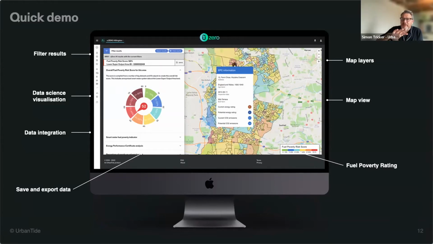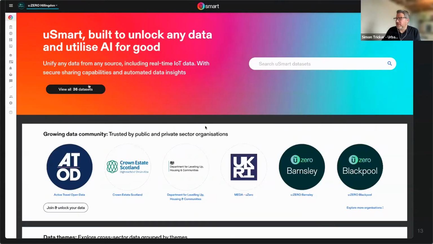linked a number of different data sets together and then presenting those into a map-based view, which effectively allows us to view, at scale across a local authority area or larger, which areas have a higher prevalence of potential risk of fuel poverty. And then as well as on there, we're also linking some of openly available data sets like EPC data to allow individual household ratings to be viewed as well. So it's trying to go to the next stage of what could be an intervention. So I've just got a short video that I'll play through.